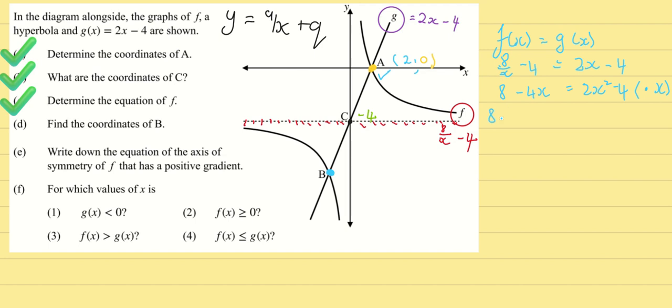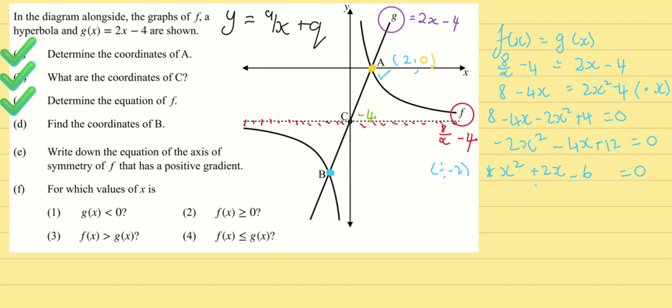I end up with 8 minus 4x minus 2x squared plus 4 all equal to 0, and this simplifies down to negative 2x squared minus 4x plus 12. Okay, now at this point we need to have our coefficient of x squared being 1, so I'm going to divide all the terms by negative 2 so that I end up with x squared plus 2x minus 6. Okay, and now that I have this quadratic trinomial, which we've now encountered a few times,